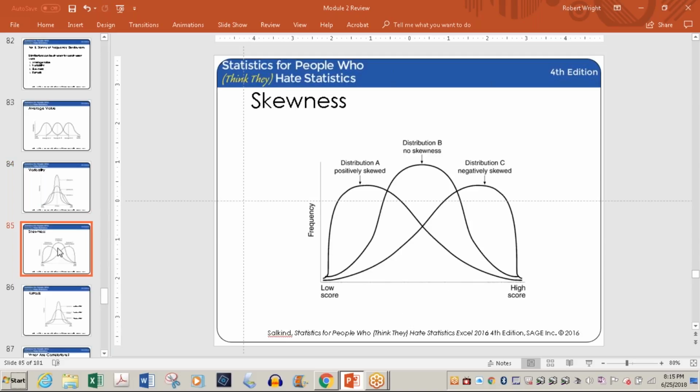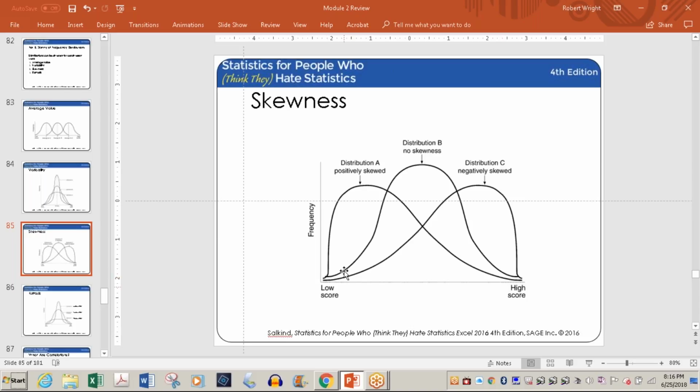When they talk about skew, they talk about the way your curve leans. This also depicts scores. For my money, they got this backwards. If you look at this curve here, that's what they refer to as positively skewed. In my mind, if I was going to positively skew something, I'd be skewing it in a positive direction rather than a negative direction, but maybe that's just me. Anyway, a positively skewed depiction of your scores means a whole lot of people got low scores and very few got high scores.